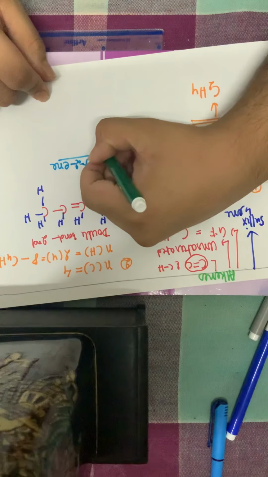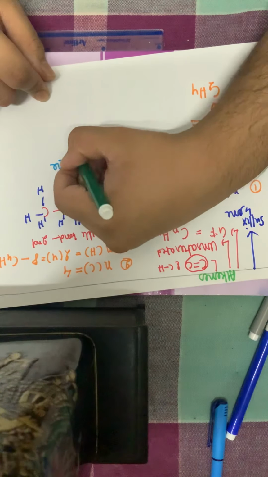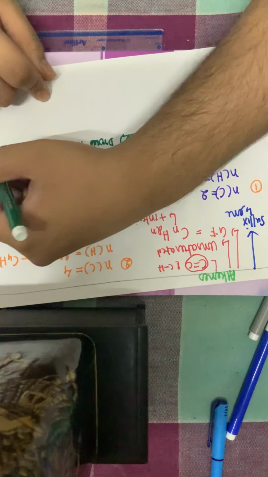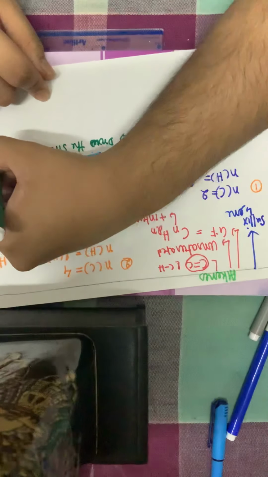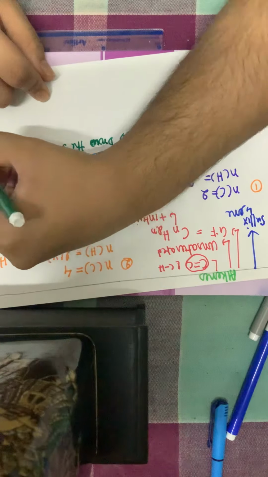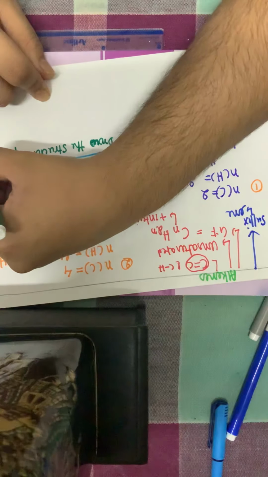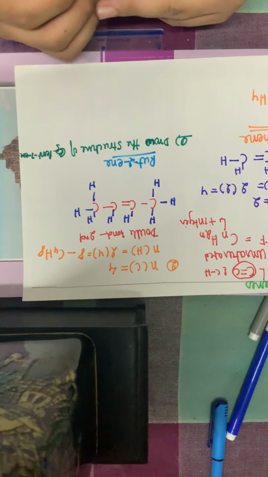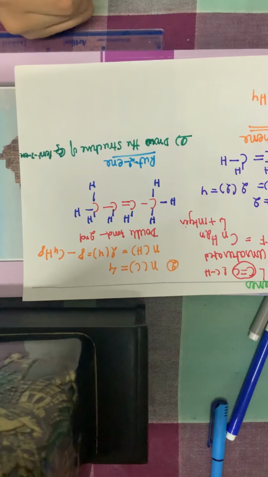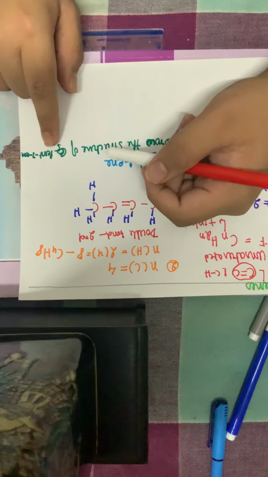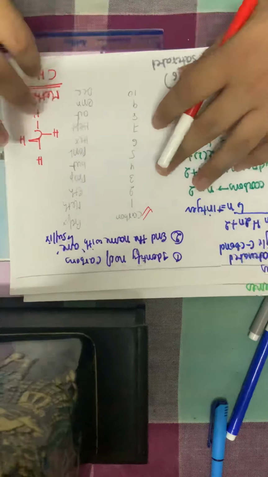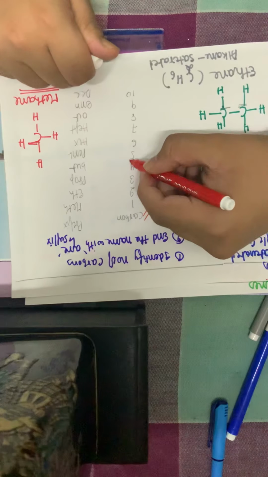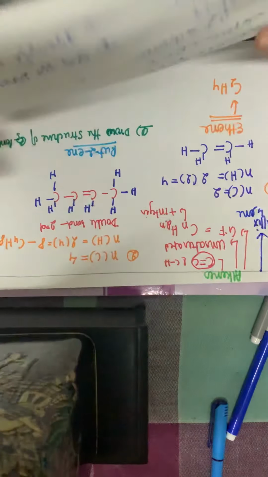Draw the structure of pent-3-ene. So I have been given the compound pent-3-ene and I have to draw its structure from the name. Now from the name pent in the table, how many carbons will be there in pent? This has to be learned. 5 carbons. Okay, 5 carbons are there in the case of pent.